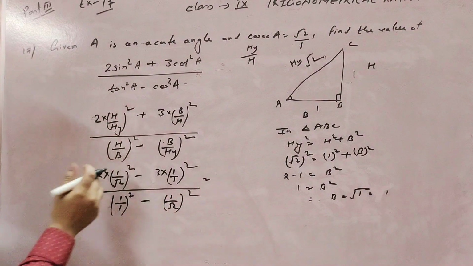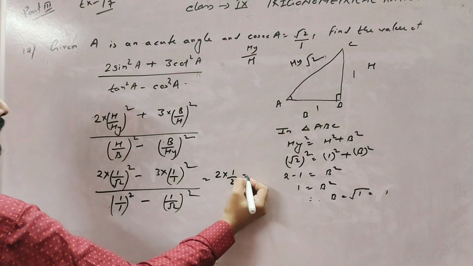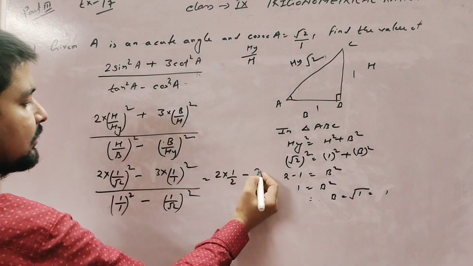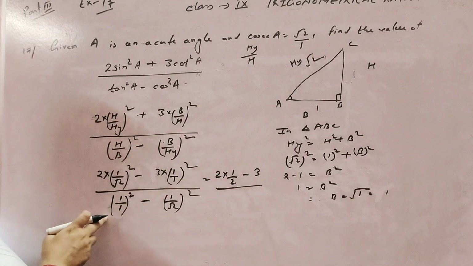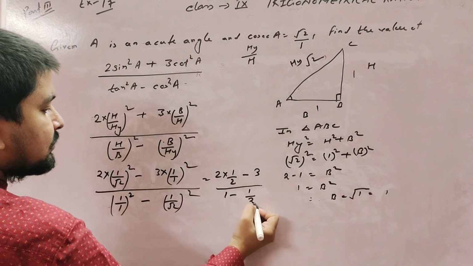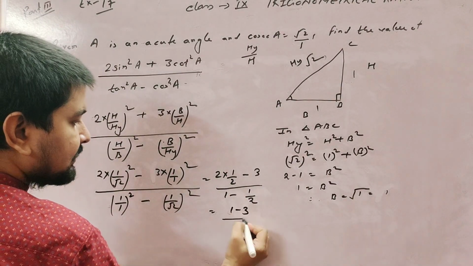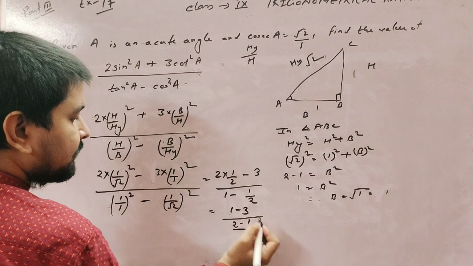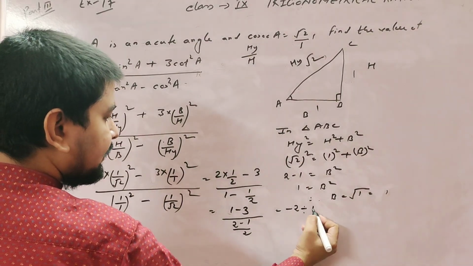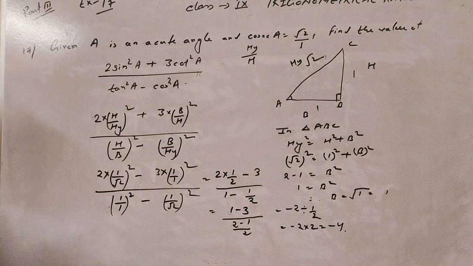So when we solve the portion, you see 2 into 1 square is 1 and root 2 square is 2, minus 1 square is 1 and 1 divided by 1, that is again 1. So 3 ones are 3, 1 upon 1 is 1, and 1 square is 1, root 2 square is 2. So this 2 cancels. So in numerator portion we get 1 minus 3 and in denominator we get 2 minus 1 by 1. Okay, so what is the answer? That is minus 2 divided by 1 by 2. So minus 2 into 2, that is minus 4. So minus 4 is the answer.